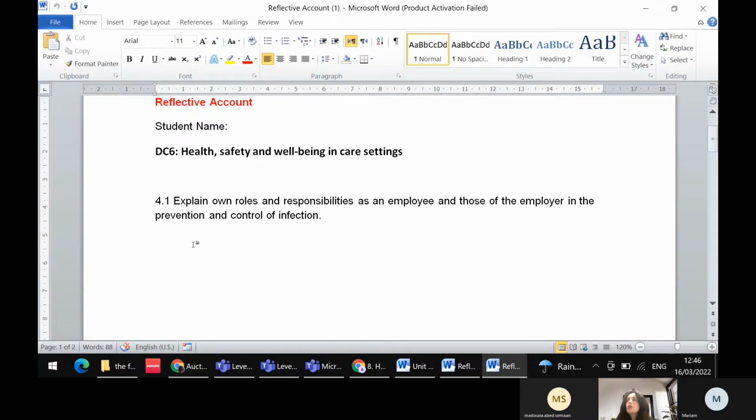And I need to make sure that I handle food properly, because it's very infectious. If the food is not hygienic, I need to make sure I don't heat up the food more than once or twice, otherwise that will create bacteria. Okay, so you can write about all this, but you need to write about your own activities. This is how I control and prevent infection in the care setting. Okay?